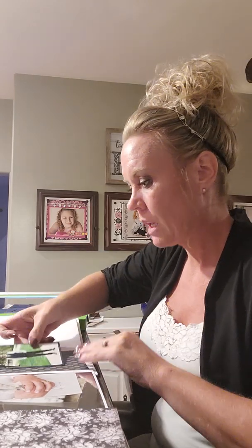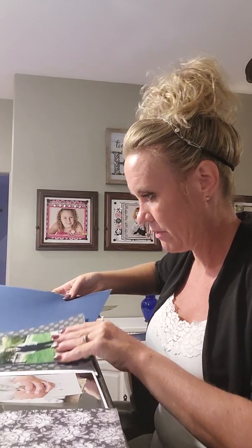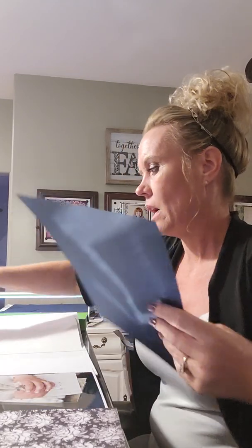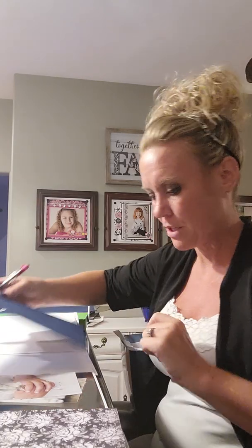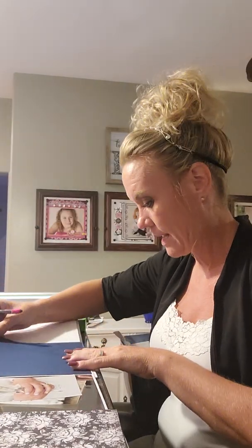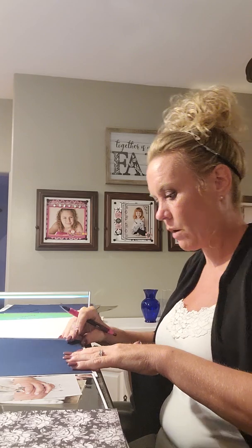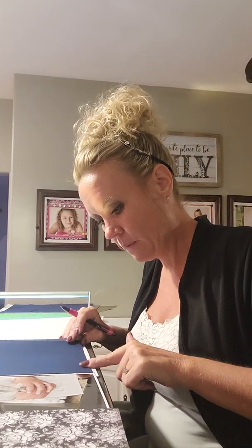And did I already ink that? I think I did. Looks like it. So we're gonna put that there. Put a little bit of navy back behind this one too, I believe. And if I didn't say it earlier, I don't measure things, I just eyeball. So this navy here, I'm just gonna set down onto my book, figure out where I want it to go, and